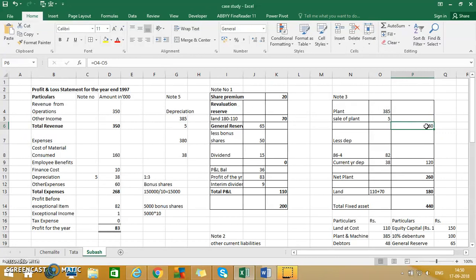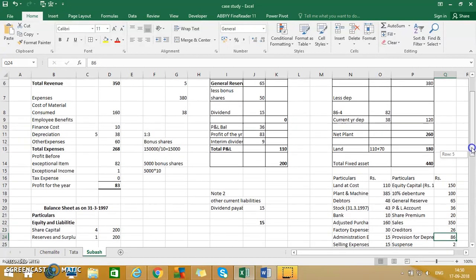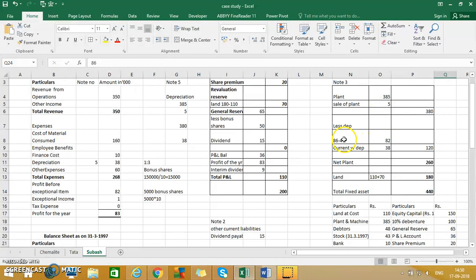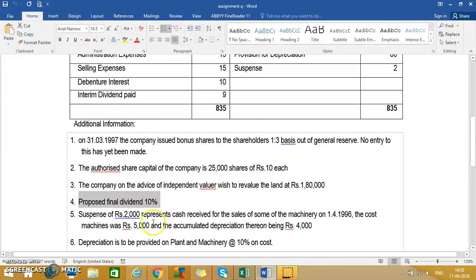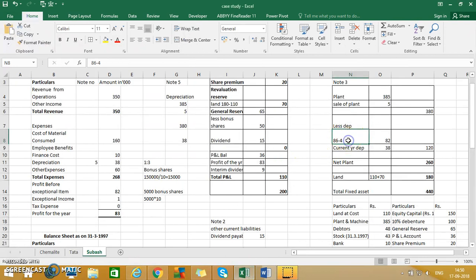And you said that whenever the asset is being sold, the accumulated depreciation also needs to be removed. So what's the accumulated depreciation that was given in the trial balance? The accumulated depreciation that was given in the trial balance was 86,000. From the 86,000 of accumulated depreciation, we remove this 4,000 of accumulated depreciation. Refer to this point where we were talking of the accumulated depreciation on the asset which was sold is 4,000. Because the asset is sold away, even the accumulated depreciation also has to be removed. So what am I left out with? From 86,000, remove 4,000 rupees, my accumulated depreciation is